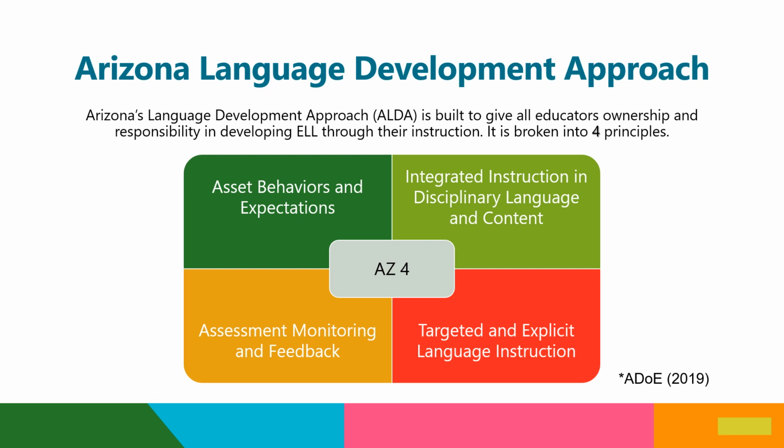Integrated instruction is developing and creating models that build learning approaches so students have a greater understanding of the curriculum and process. Then providing choices and open-ended opportunities. The third, or for targeted and explicit language instruction, this utilizes language supports and encourages independent learning to better develop what's called student agency, something we will discuss further later.